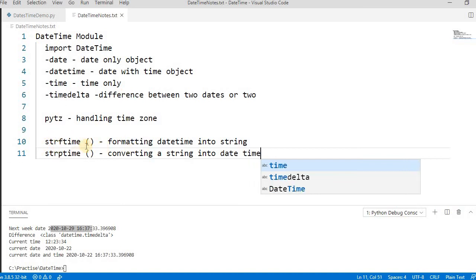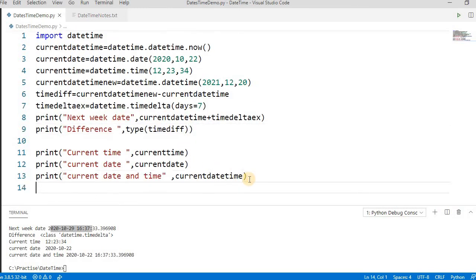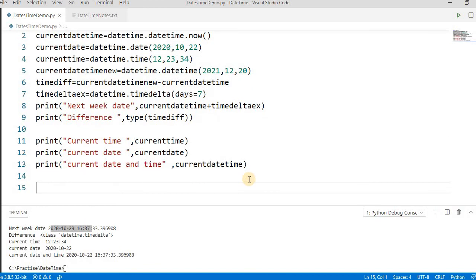Both of these deal with the format. So you have to provide the formatting options, and you can get the formats in the Python documentation. By default, if you search in Google for the Python documentation, please refer to the original one. Okay, let's try to run one example and then understand how it works. Let's take the example of strftime.